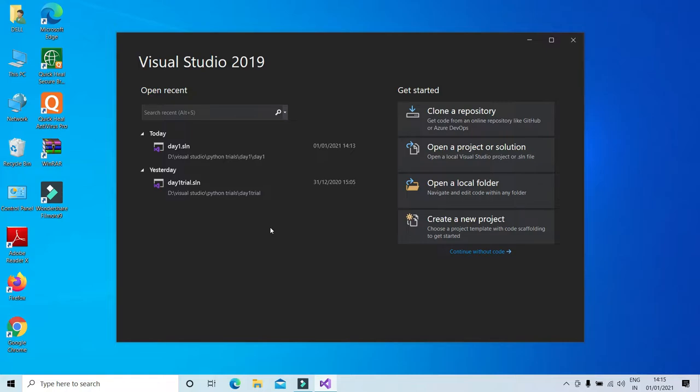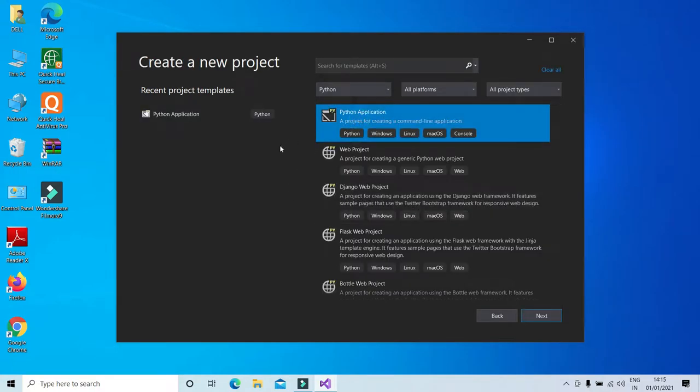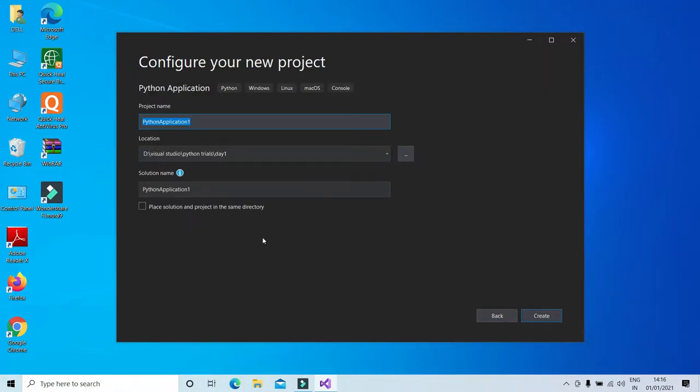So we'll start by revising what we did last time in our Instagram tutorial video. We'll start by creating a new project. We'll be choosing the Python application project template for this one because we'll be using the turtle module for the creation of the graphics that we are going to prepare. Okay, so let's click next.